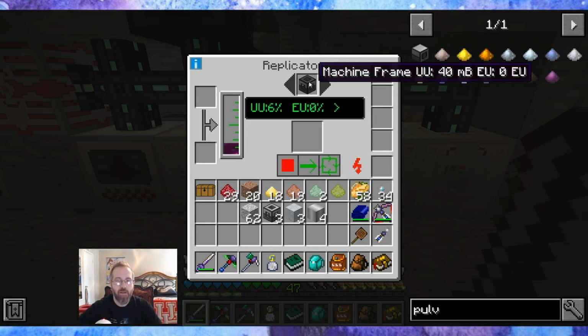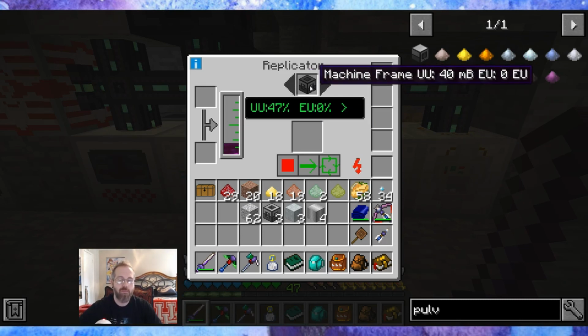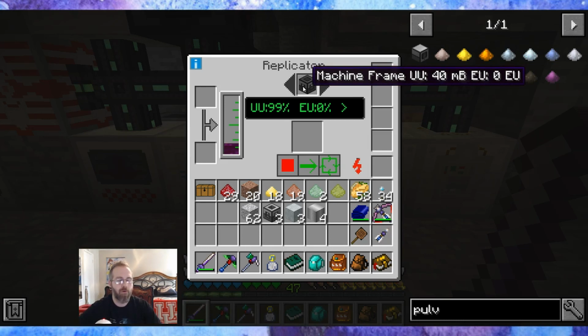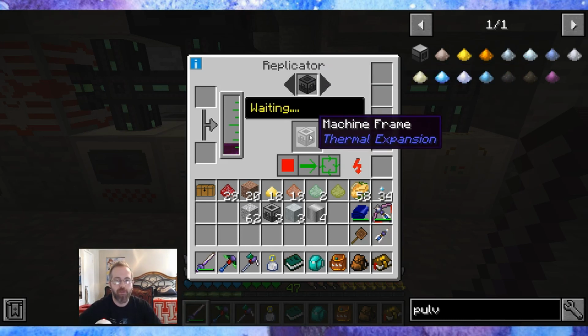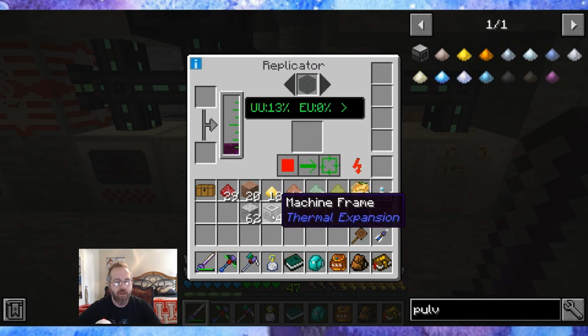The machine frames. This one definitely was worth scanning and replicating with UU matter. Only takes 40 millibuckets, but it requires like 5 or 6 different difficult items, and in a goofy machine, the thermo generator thingy, you know. So this saves me a lot of time. Like I don't need to do all of those individual pieces and go to the